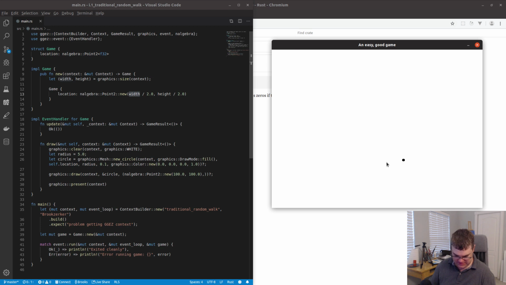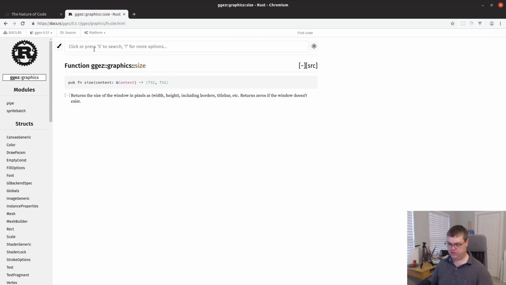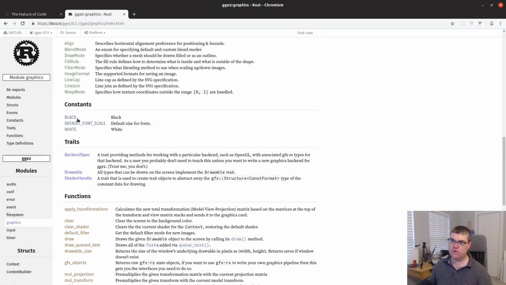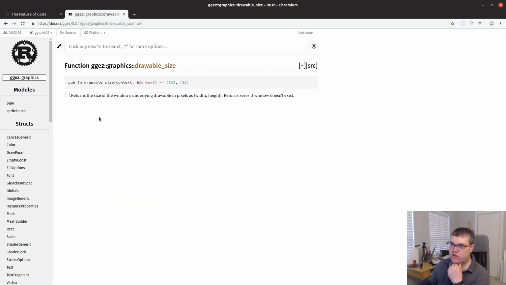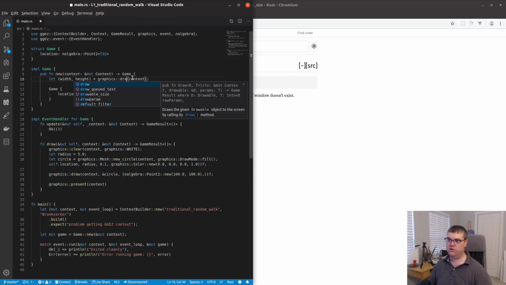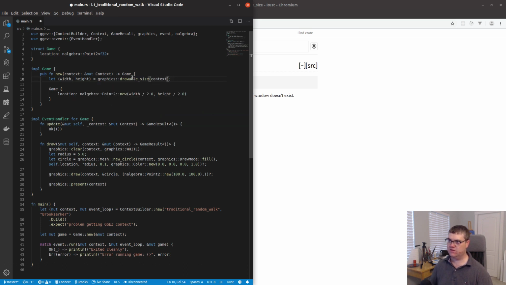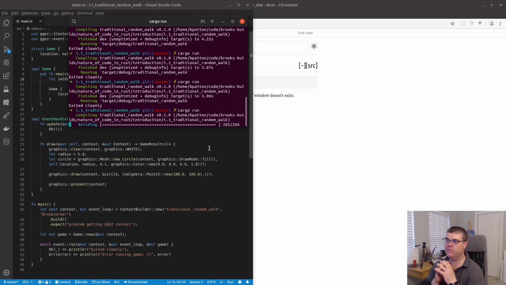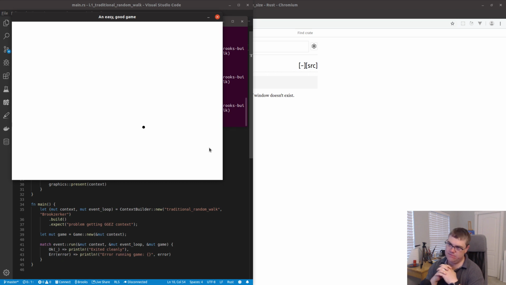Get drawable size. Ooh, okay, so that might be a better... That's on graphics, right? Drawable size. Returns the size of the window's underlying drawable in pixels. Return zeros. Okay, so drawable size. Looks like it's not. Let's try that then. Drawable size. Hand it the context. Is that exactly the same? It feels like it's slightly closer to the center,